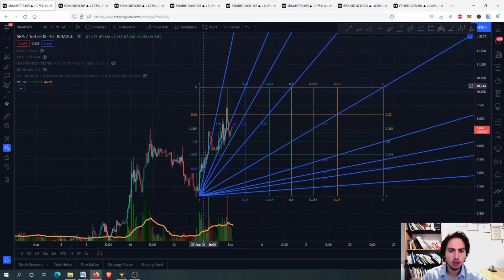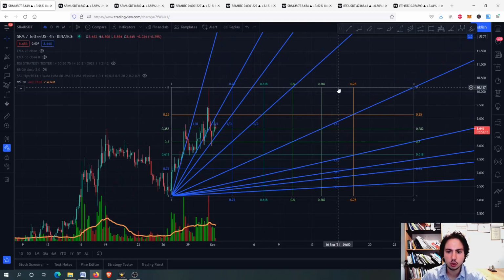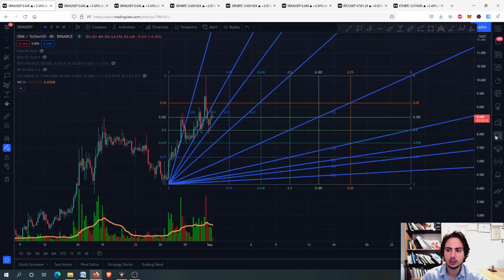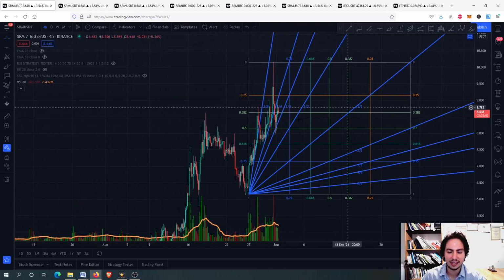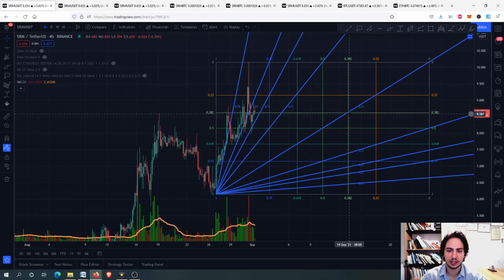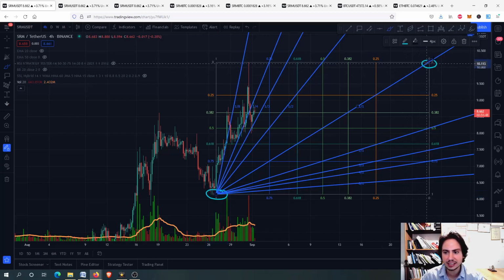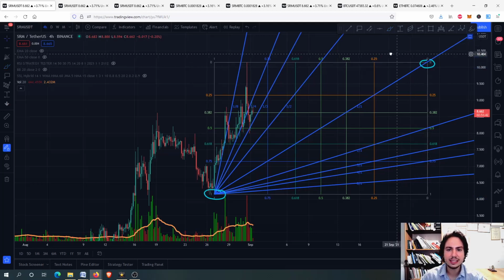So you will square the chart. And why do we need to do that? Why do we need a square right here? Because the 1:1 line has to be exactly 45 degrees in the chart of the GANN fan. In order to do that, it has to be a square, because when the 1:1 goes from the bottom left to the top right and connects the one bottom and the one top, then this line will